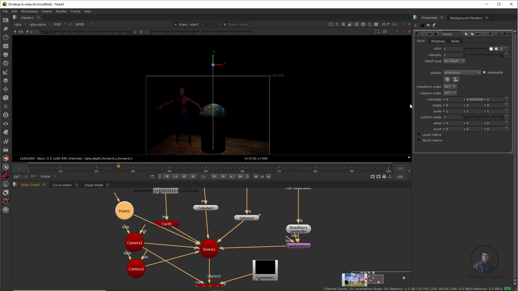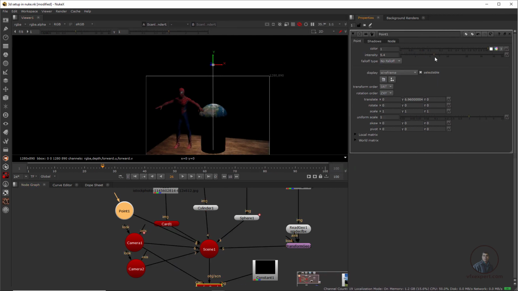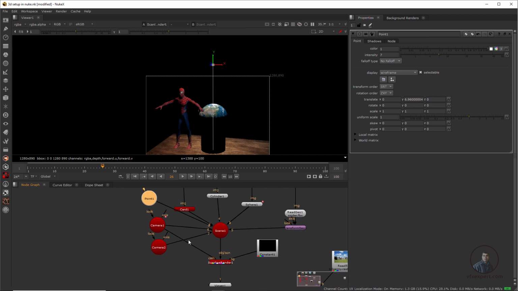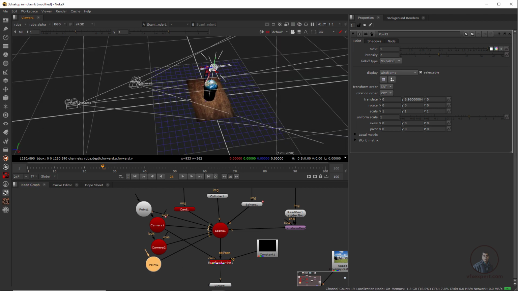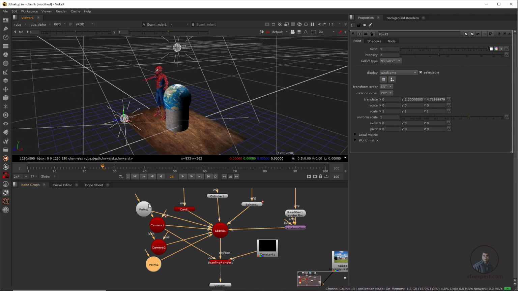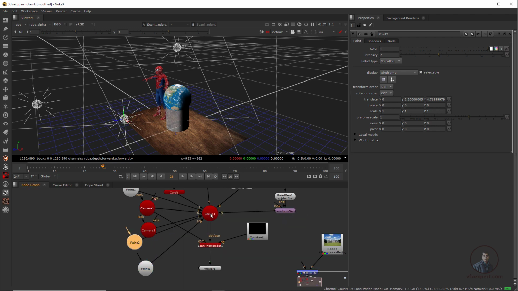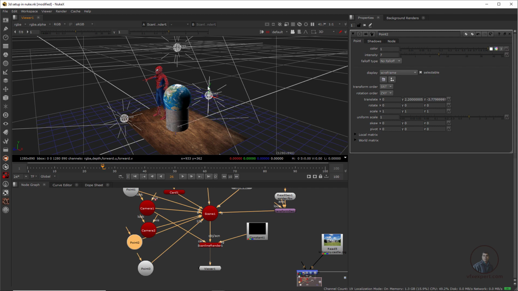Even double click on this light, then on the right side you can adjust intensity, color, all these things. Now again create another light here. Just Control C, Control V, and you can create another point light. Connect it here, then again press Tab and you can adjust your light positions. Again Control C, Control V, create another and connect it here. Then again double click and place it here.